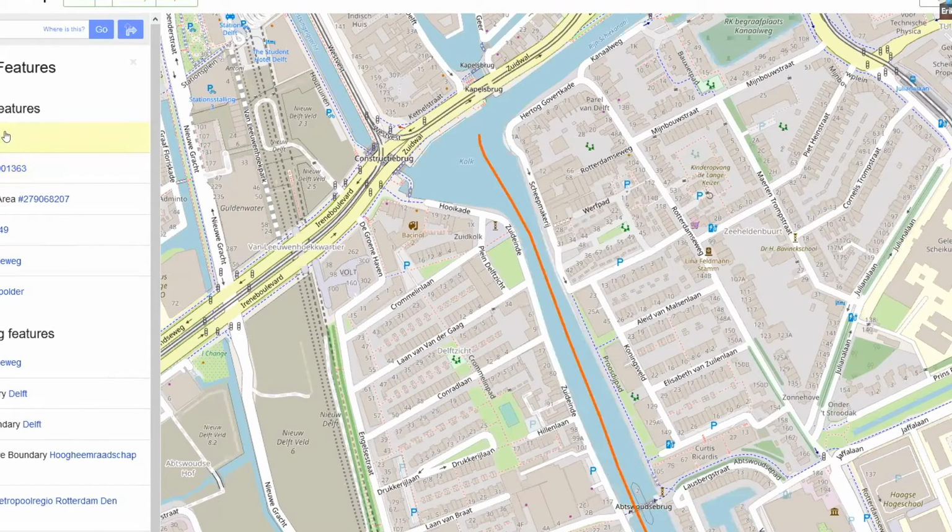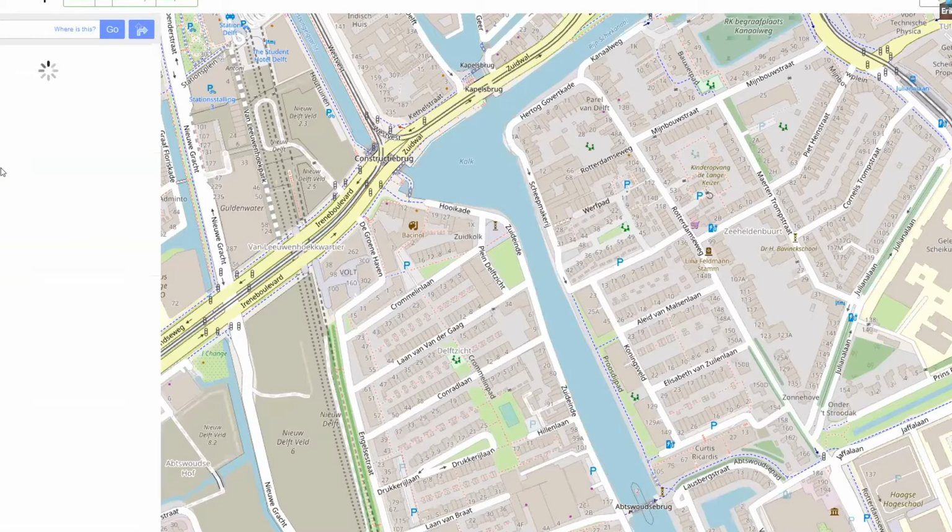There's also, as you can see here, the second one, water. This is a polygon, so that colors the water here. And there's a residential area, yep, that's there, and there's a relation here, and there's a quarter, and there's another quarter, the two areas. But let's have a look at this water